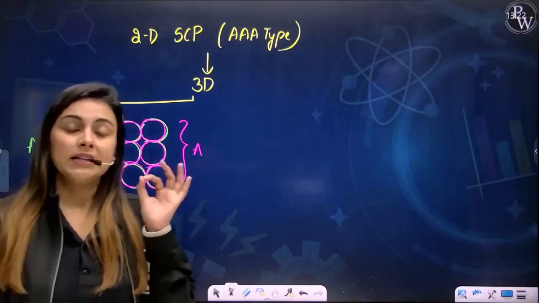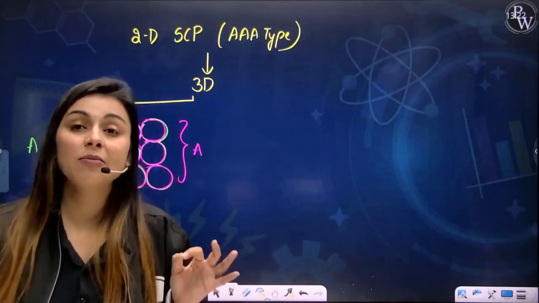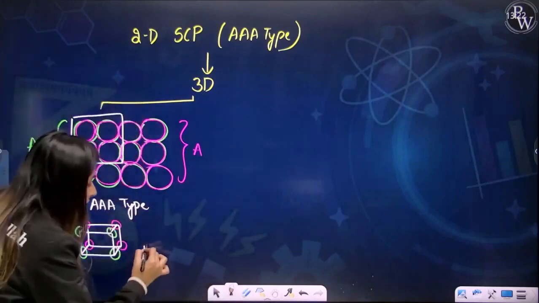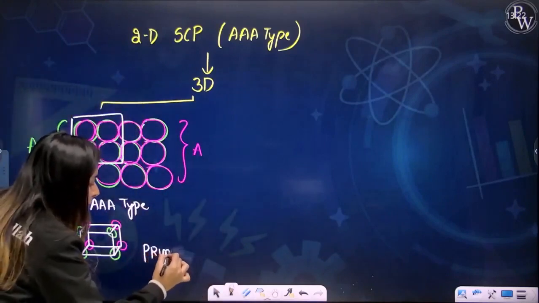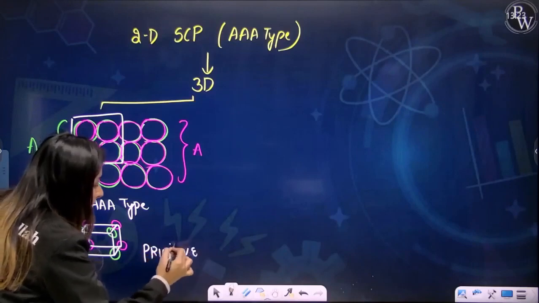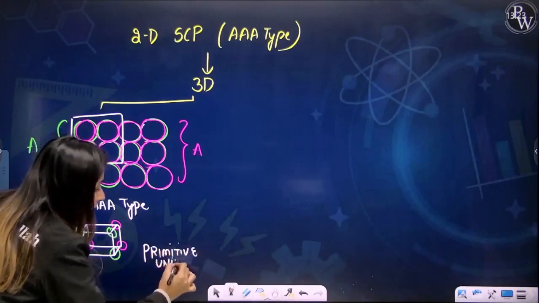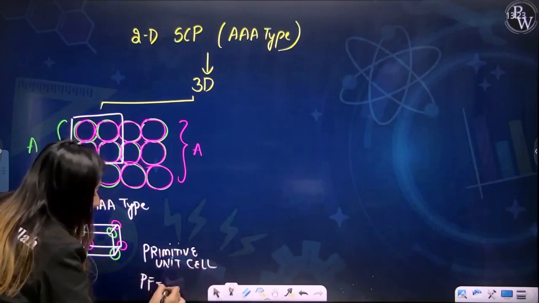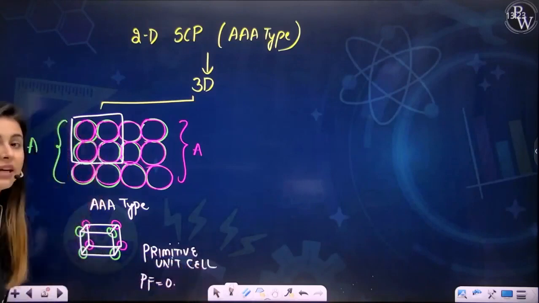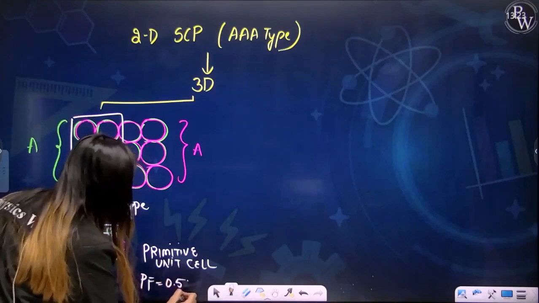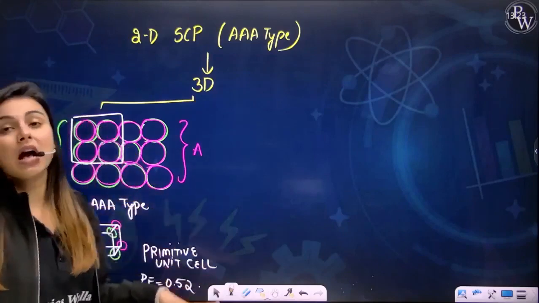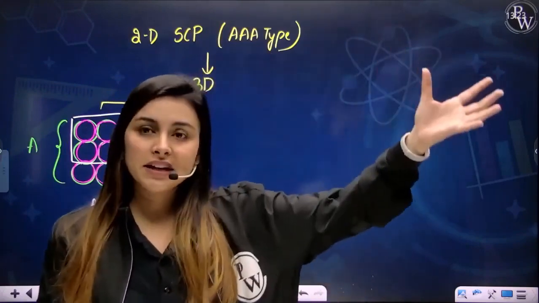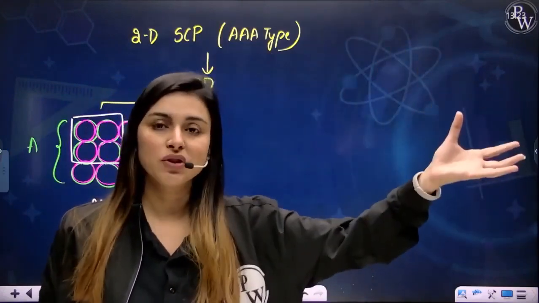Which unit cell am I getting? I am getting the primitive unit cell. So my dear students, this is your primitive unit cell. And we have studied its packing fraction. Its packing fraction is 0.52, right? Yes. So this is how a two-dimensional square packing, on taking it to the third layer, 3-dimension AA